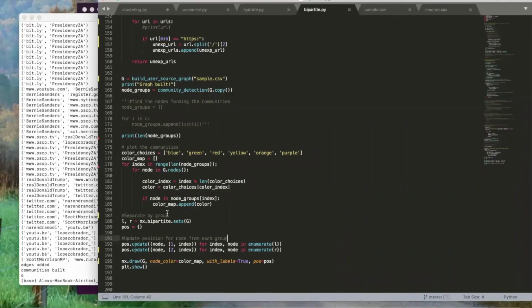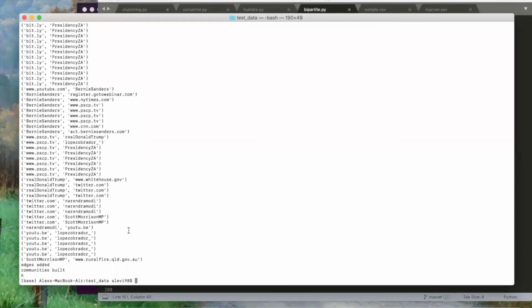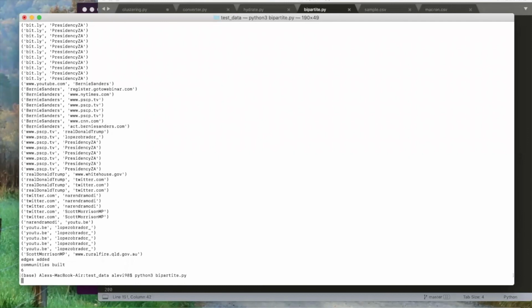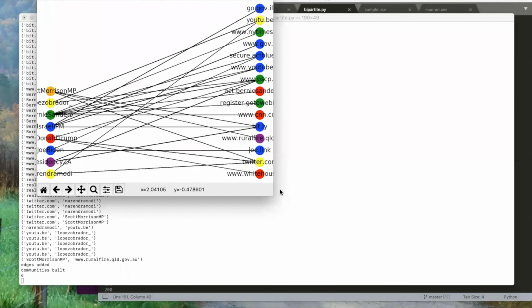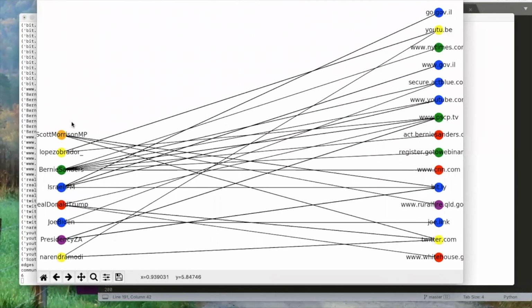The next step after that is graph structures, particularly linkages between user and domain. I'm going to demo this graph algorithm for you. As you can see, on the left, we have users. On the right, we have sources that they're linking to. In this particular case, we put in 6 communities for the eigenvector algorithm to split it into. It seems as though 6 might not have been the right amount because I don't think these results look particularly meaningful. However, it is another parameter that we can set.